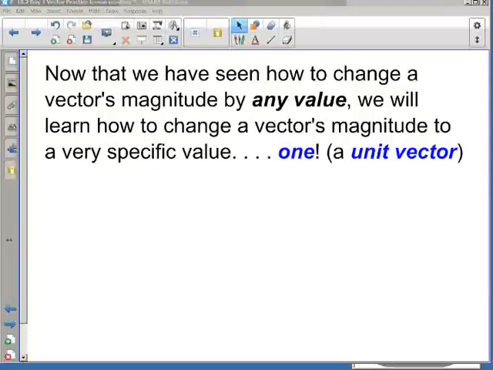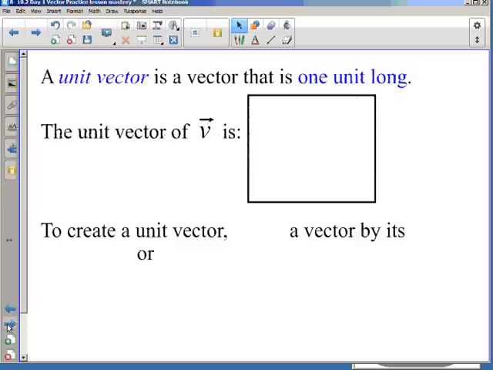You remember when we did the unit circle, that came out of having hypotenuse lengths that varied for special triangles, and we wanted to have a standard length. We made it 1. Same idea here with a vector. Now a unit vector is a vector that is exactly 1 unit long,